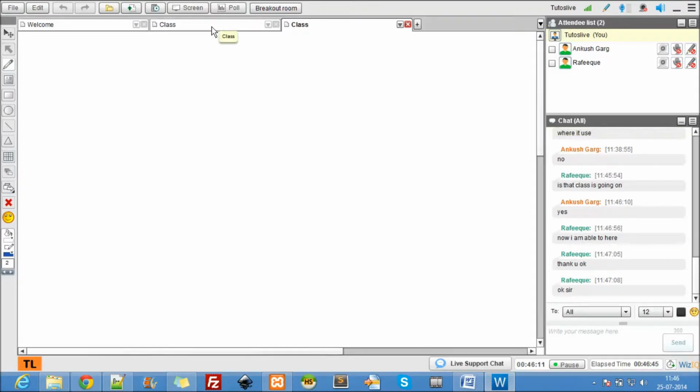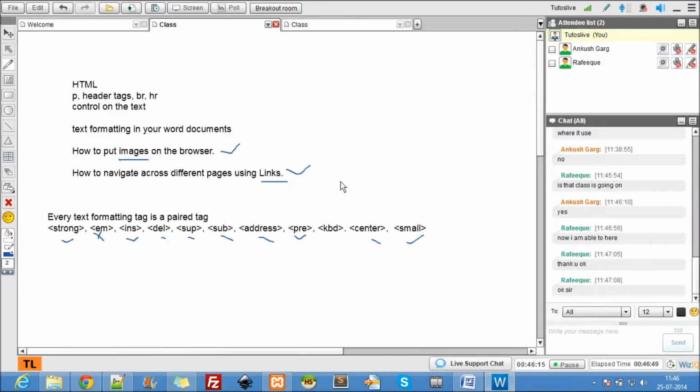Okay. Let's get into our class. The next important tag, like this one has been completed. Now the next is how we put images on the browser. If you take any web page, any website, you see images, right? You see profile pictures, pictures being shared, logos.